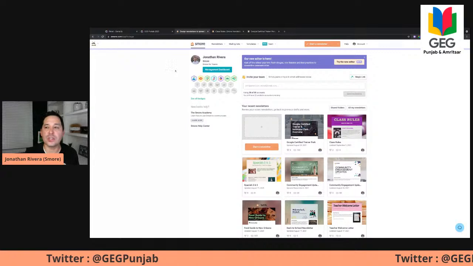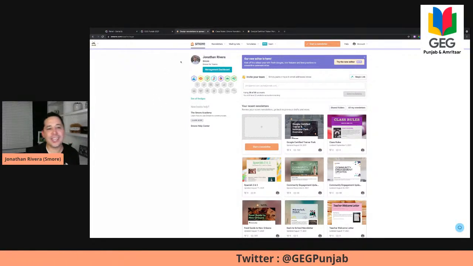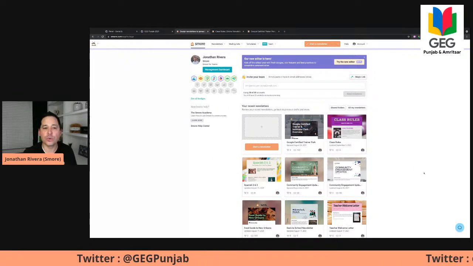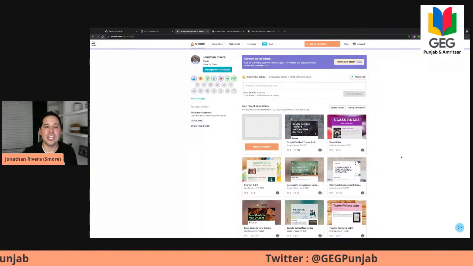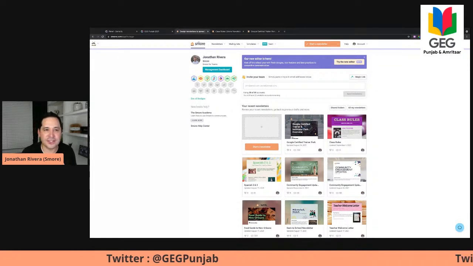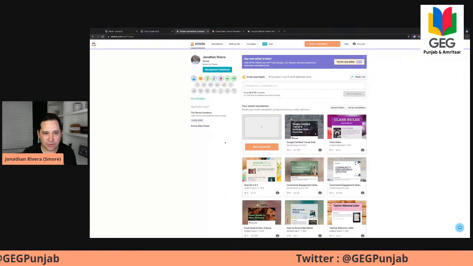On your main screen here, you're able to get a glance at, of course, your account, any badges that you've earned here on the left. And on the bottom, these are the recently created newsletters that you have in your library. And then you have your name, main navigation across the top, right? Newsletters, mailing list, templates. If you're part of a Teams account, there's team here.